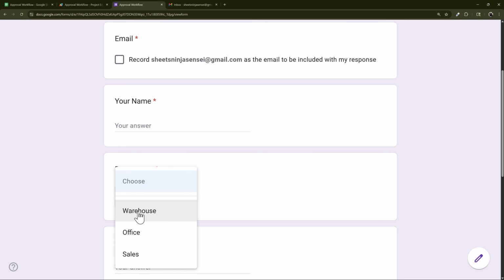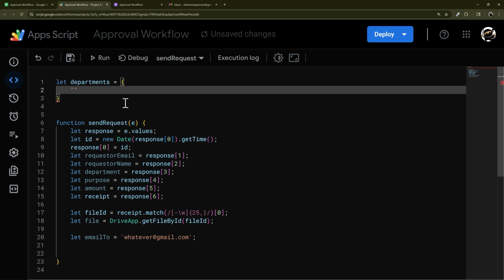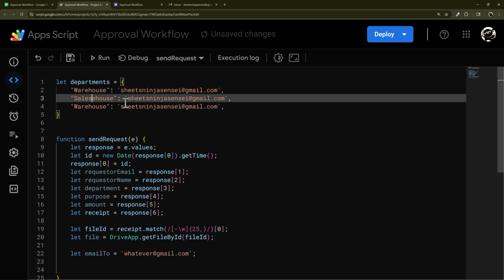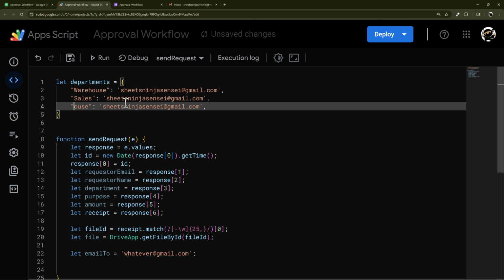So the options were warehouse, office, and sales. So warehouse, and then we can put that warehouse email here. And so I'm just going to put my own email in here, but you could put whatever email for each of these department heads. So warehouse, and this will be sales,